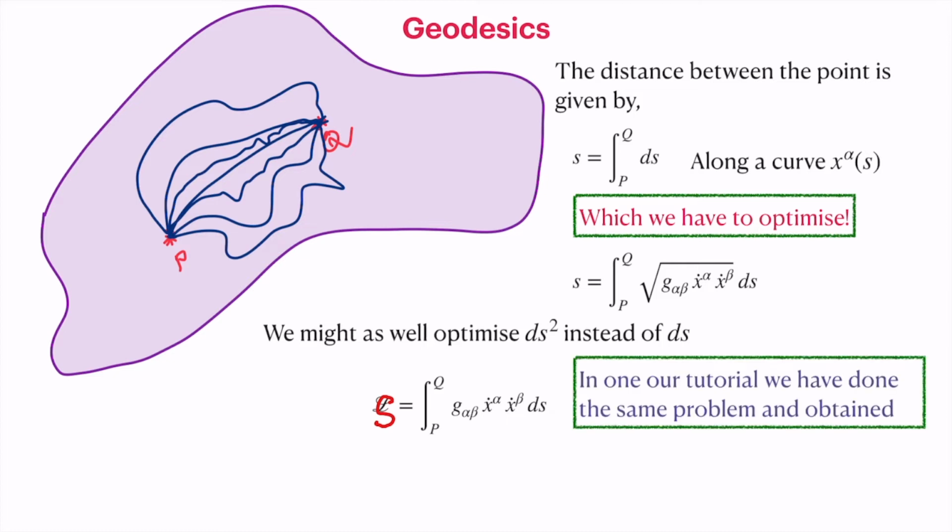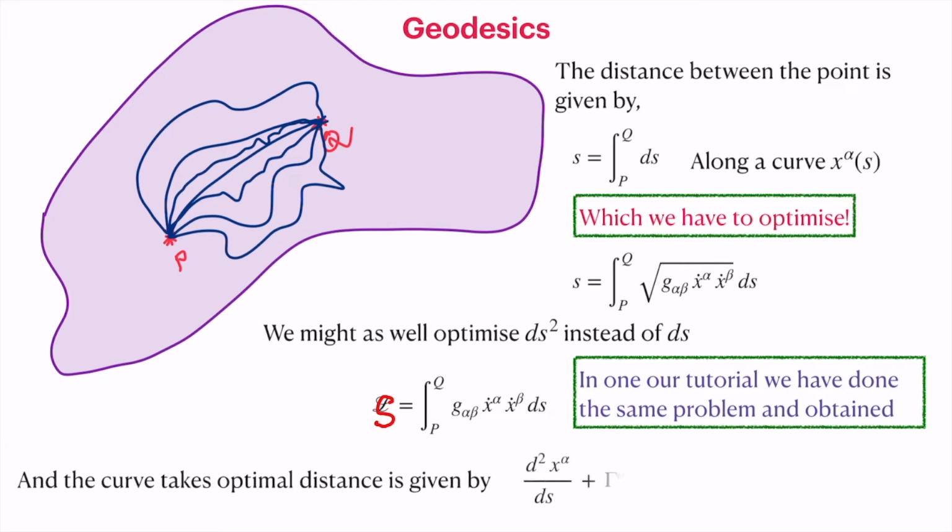This is a standard optimization problem when it comes to the Lagrange equation of motion. This is what we do for a moving particle. This is basically the kinetic energy. That's the reason we are optimizing the ds square and not the ds. So the kinetic energy optimization, or it is also a Lagrangian,